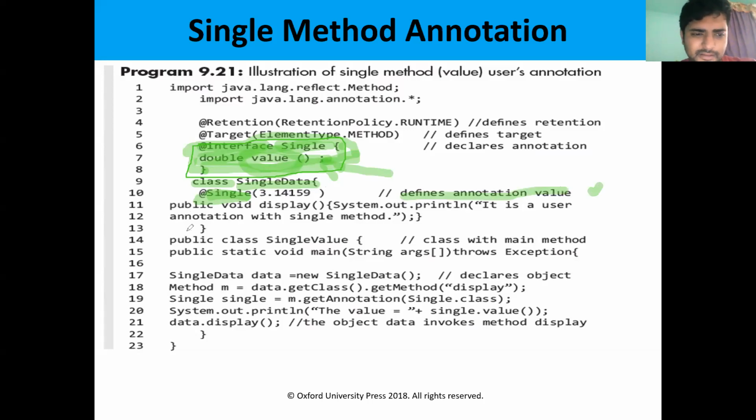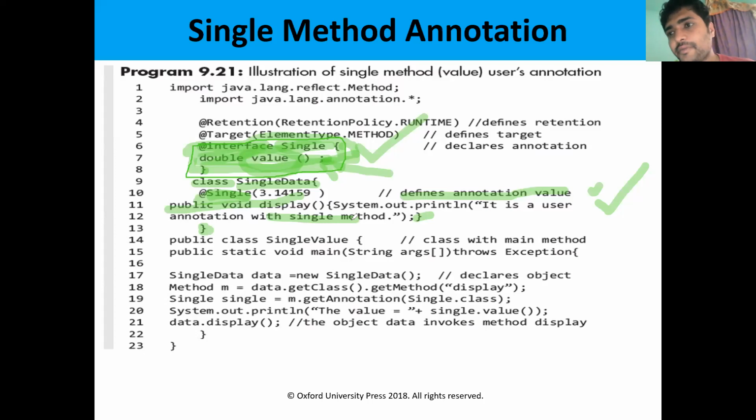And then the method, suppose some public void display, with some System.out.println statements. He has closed this method and he has closed the class. So like a simple interface. Here we have defined the interface. In order to implement an interface, we need a class. So I have created the class and I have defined some interface value to the method, the interface method, annotation value.